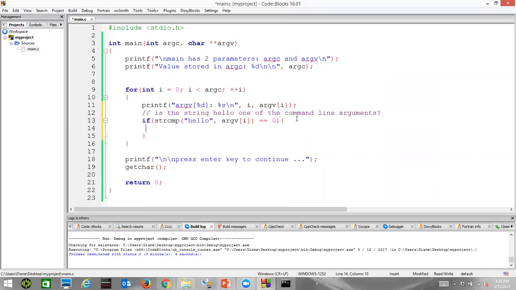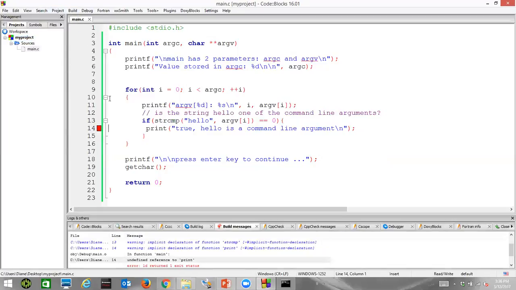Oh, I can print a simple message. I can say true, hello is a command line argument, right? We want to do more than print things from our program, but the purpose of this is to show you string comparison, that was a function from a previous lecture. We take this string, we compare it to this string. Remember, this function will return a 0 whenever these two strings are equal. So I'll just compare it to 0 to say those are equal, right? And I could have a false branch, but let's just